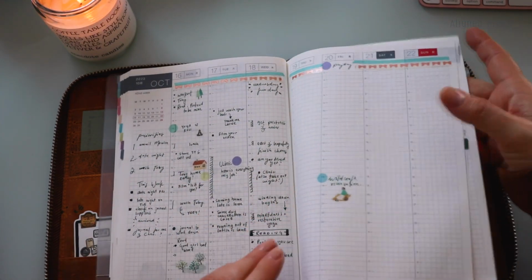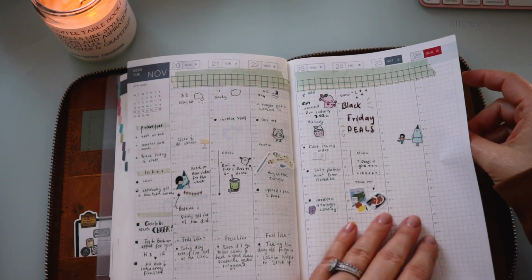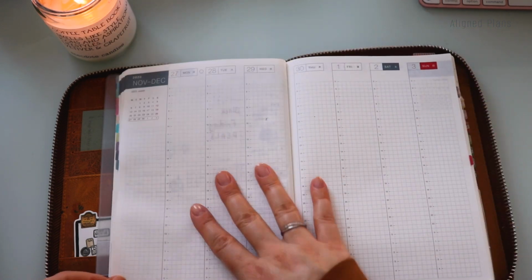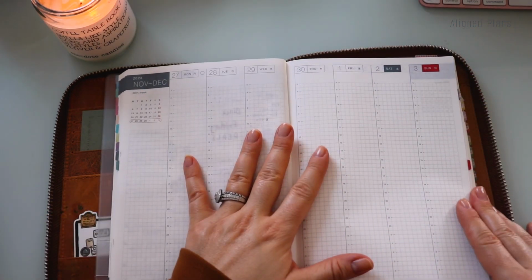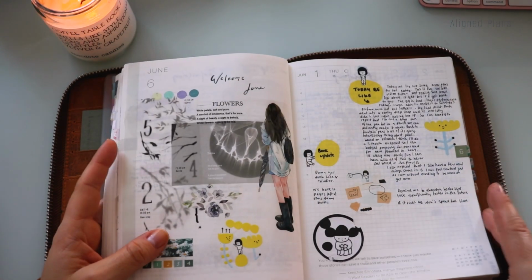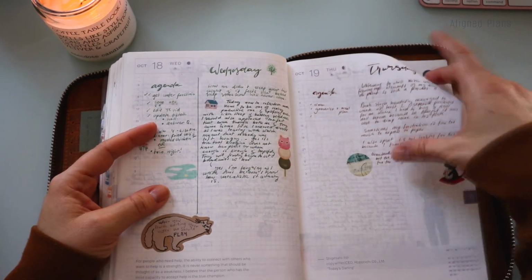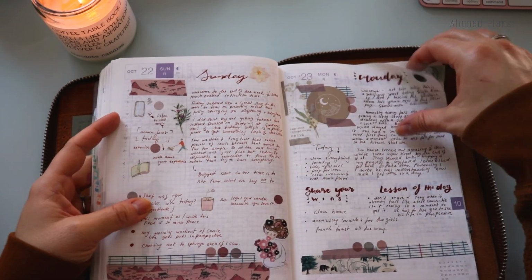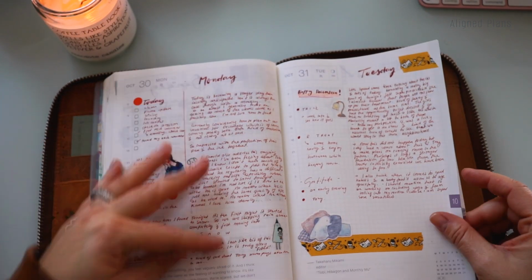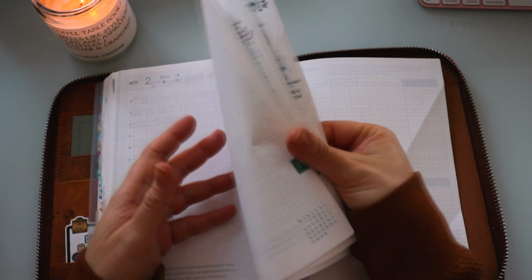I'm up to date. How far did I make it? I'm somewhat up to date on this. This is last week's. I'm going to be making more of an effort of updating the weeklies, but where I really found myself is on the daily pages, and I just give myself the freedom to just write. Sometimes I'm doing a lot of free writing, sometimes not so much. Like right now